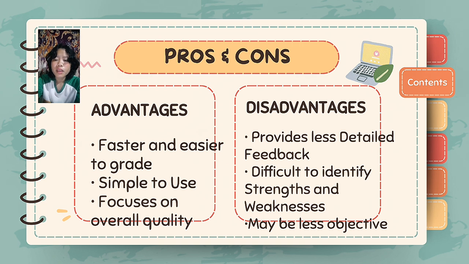So, in simple terms, holistic rubrics are simple, fast, and focus on overall performance, but they give less detailed feedback and may not clearly show the student's strengths and weaknesses. So, in conclusion,